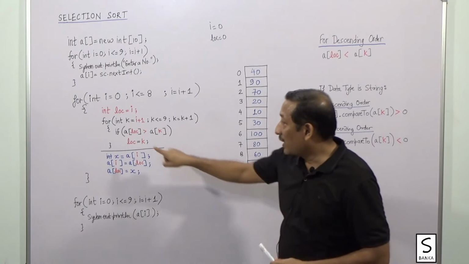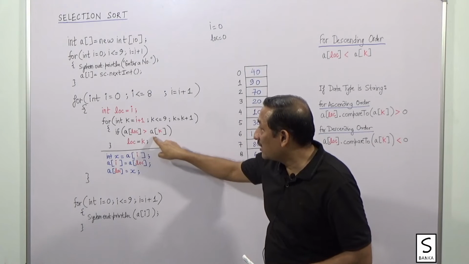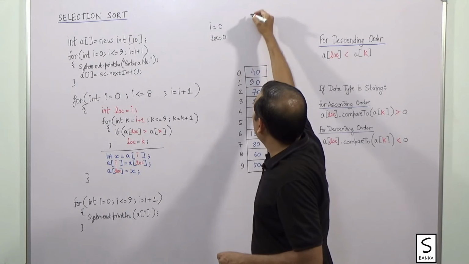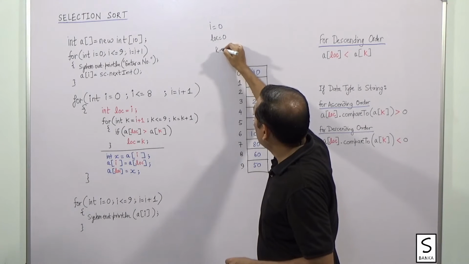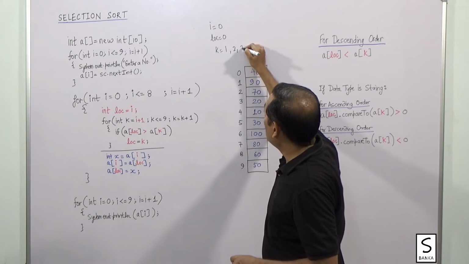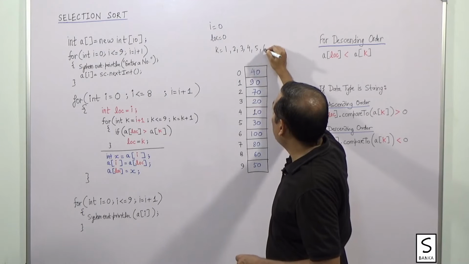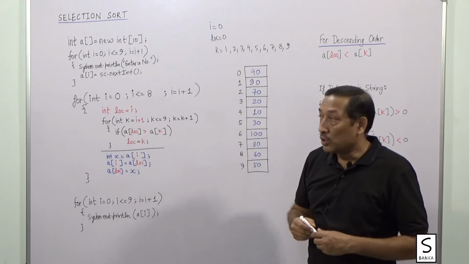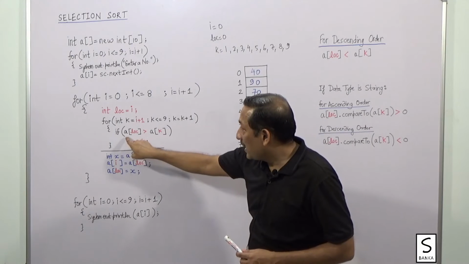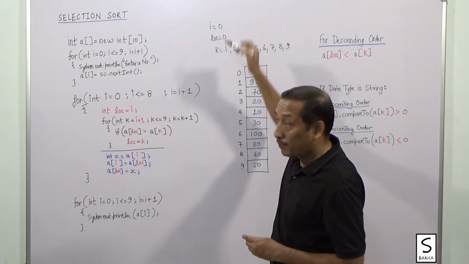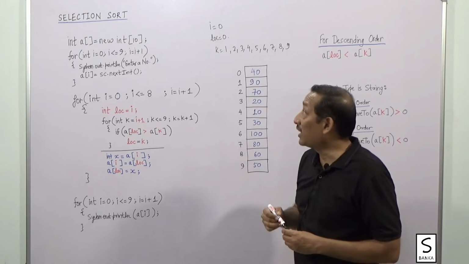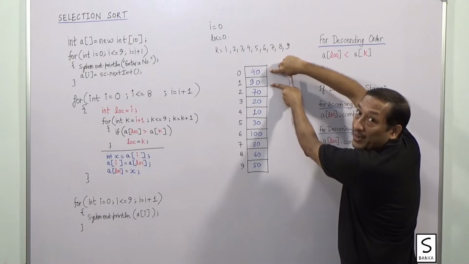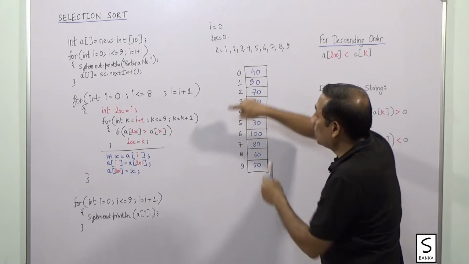Now you see here what I have written. If A LOC is greater than AK, K is for the loop. So the value of K, first time it will be 1, then it will be 2, then 3, 4, 5, 6, 7, 8, 9. So K will move like that. First time I am checking if A0, because LOC contains 0, is greater than AK. K contains 1 the first time. So is A0 greater than AK? We find no, it's not so. No problem. We move to the next round.